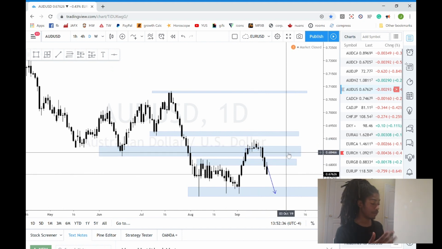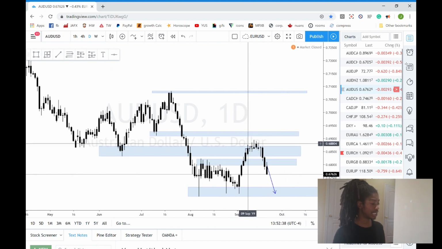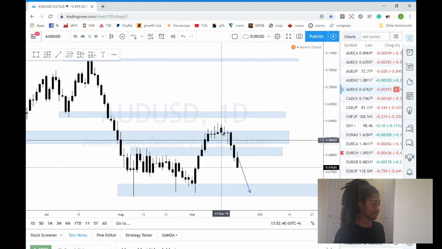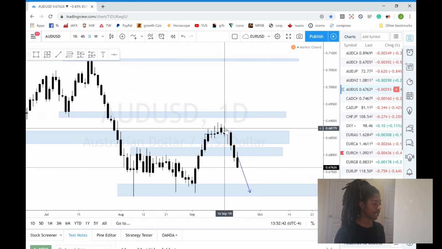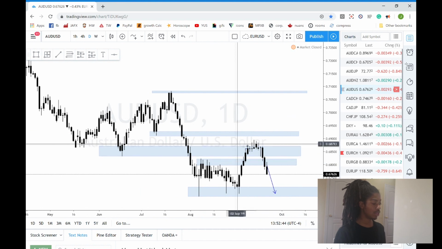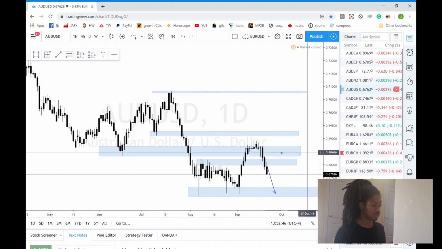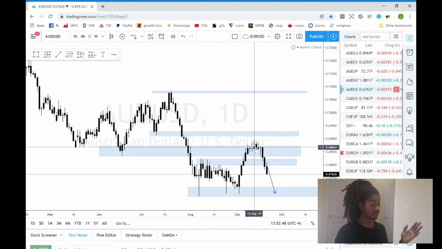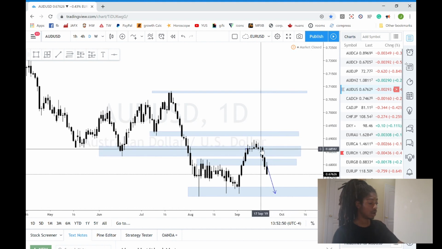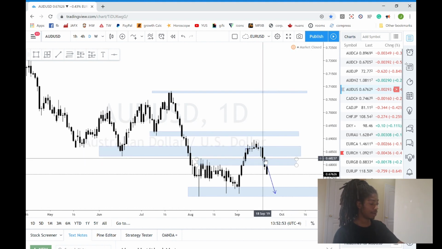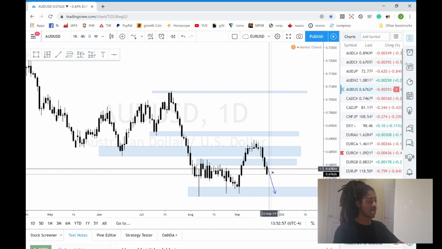If you watched the first Pip breakdown video, you would see that I was expecting price to go up simply because price did break above the resistance area. Though price came back into the resistance area, consolidated for maybe a whole week, and then price dropped back through the resistances, through the supports, and